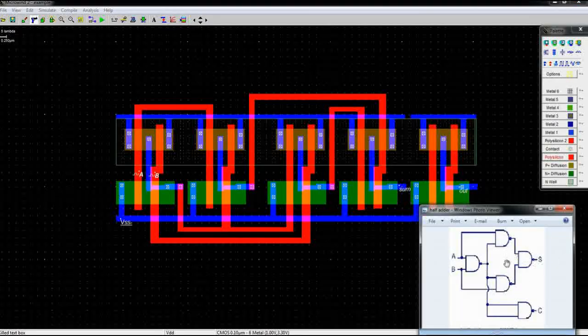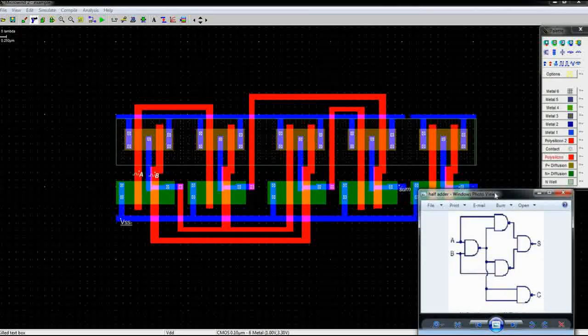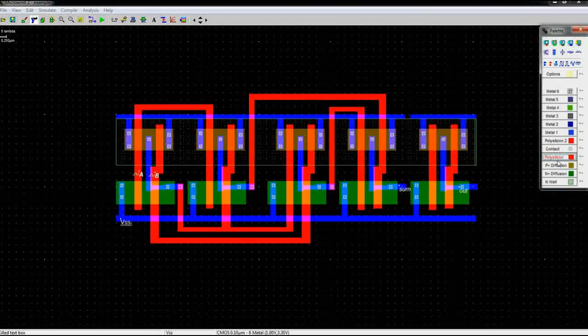So we have completed this part. Now the carry is equal to A and B. So the output, which is NAND of A, B of the first gate, is connected to both inputs of this gate. So let's connect it.